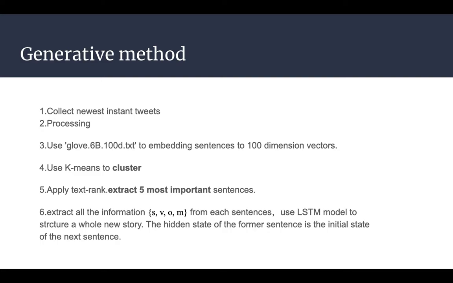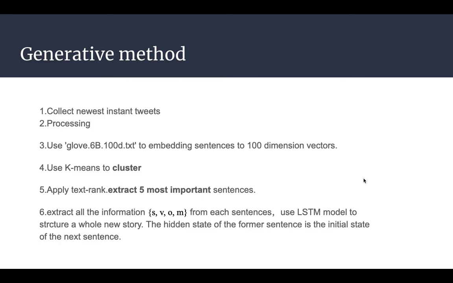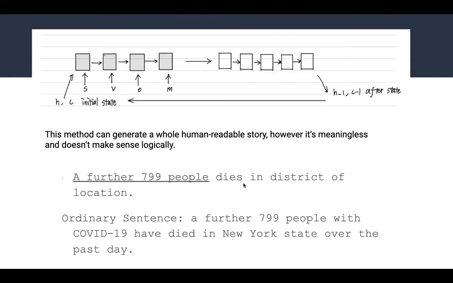Then we transform those sentences into vectors like SVOM, and try to use an LSTM model to structure a whole new story. In this LSTM model, the hidden state is the SVOM vector. It is the encoder of the LSTM model, and the decoder of the model is